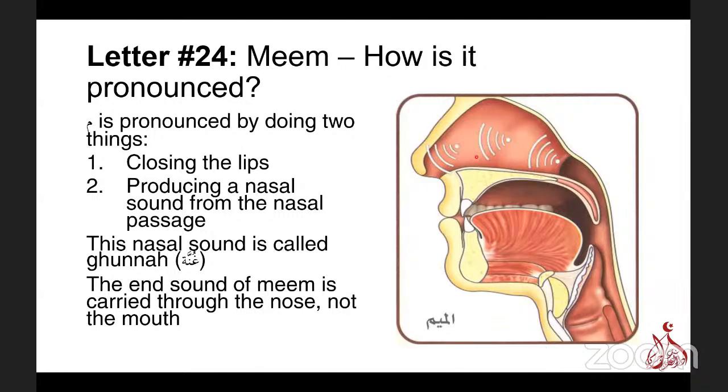And one way to practically see that is if you close your lips to pronounce the Meem and then completely close off your nose. Then when you try to say Meem, it will almost be impossible to pronounce Meem. Why? Because the sound is actually coming from up here, not from your mouth. The only thing the mouth has to do is, since there's a passageway going from here till up here, the lips simply block this, so everything is just coming out from here to create the Meem sound. That's it. That sound is the sound of what in Arabic is known as a ghunna, or a nasal sound.